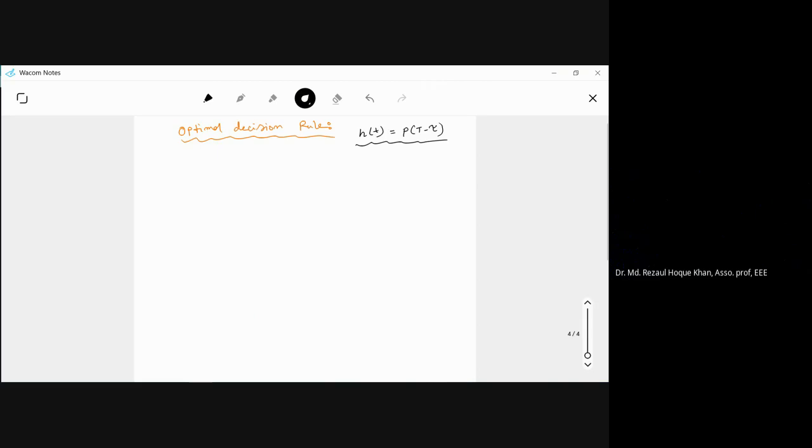That was our condition. Now for the optimum decision, remember RT is the received signal at the receiver. So if RT is greater than 0, we decide